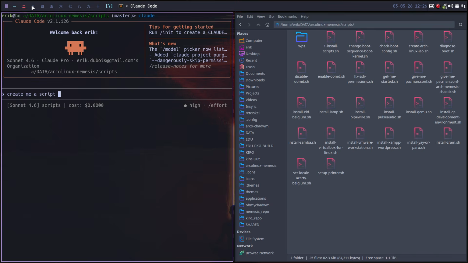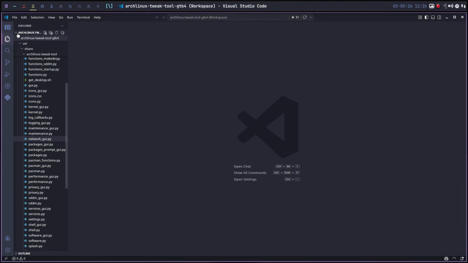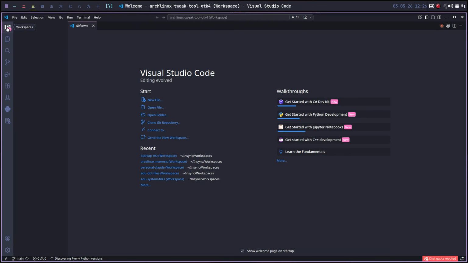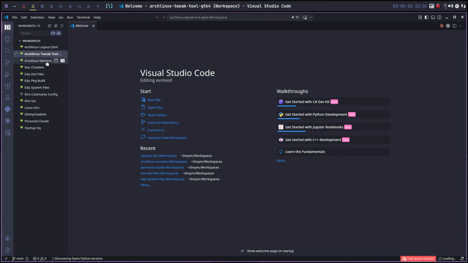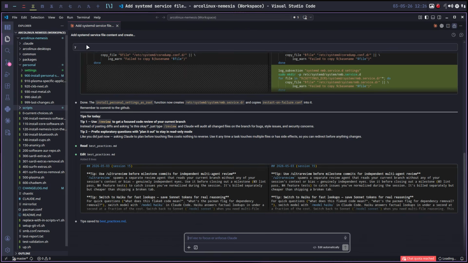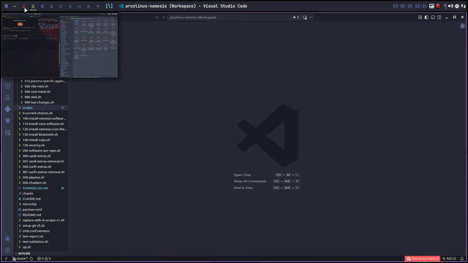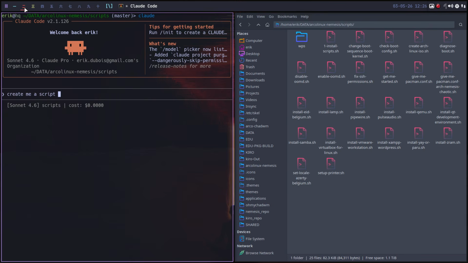Or I can go to Super E, which is launching Visual Studio Code. I can change to the workspace that I need, which is arcolinux-nemesis. And in here as well, I can go on and type in the scripts folder, I'd like to do this and that, and change everything. Now, right, it's either not the two of them, but one of the two of them. Choose. So create me a script to install